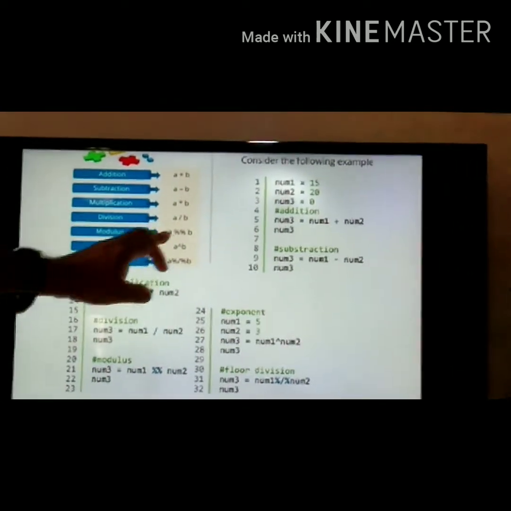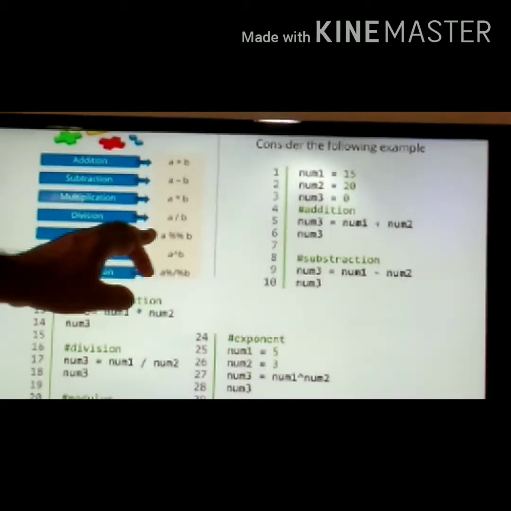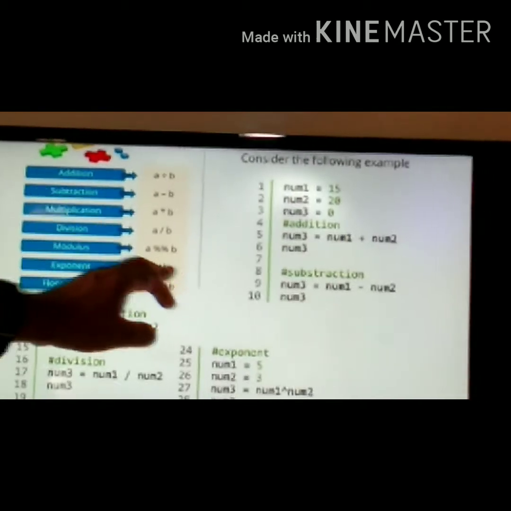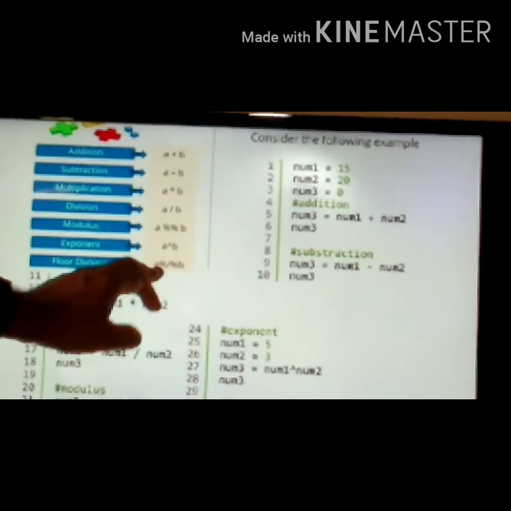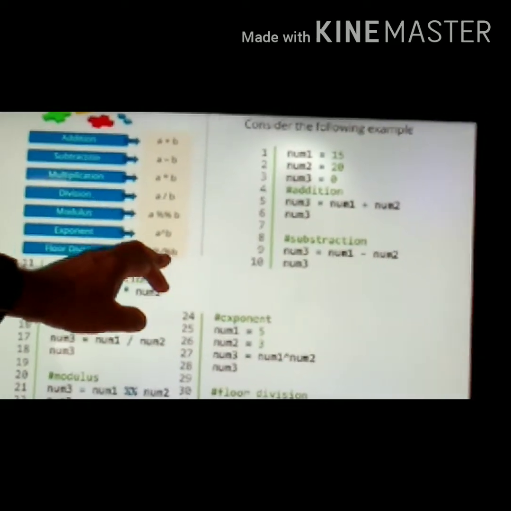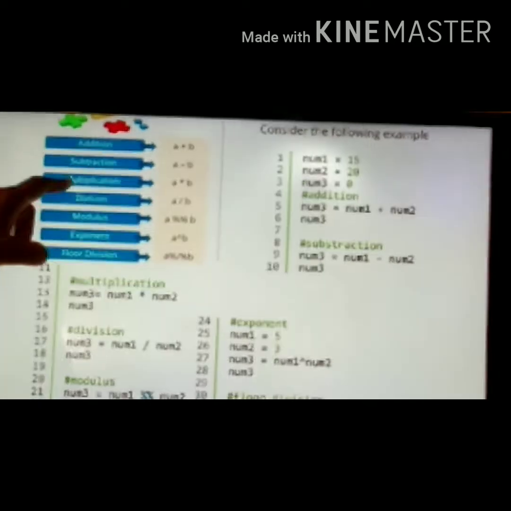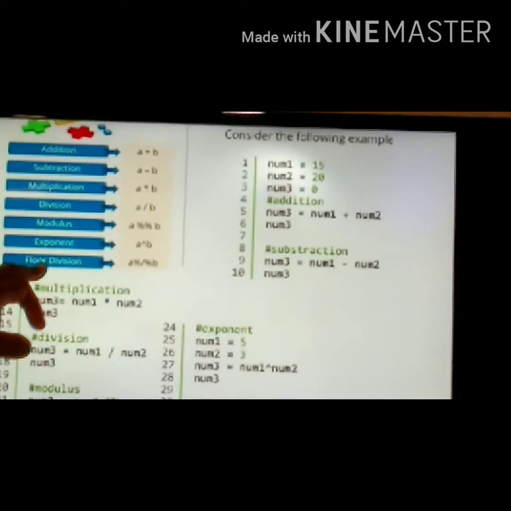This is the modulus: A %% B means A modulo division of B, and A ^ B means A to the power B. This is the floor division symbol: A %/% B. I think addition, subtraction, multiplication and division everybody knows, so I will explain what modulo division and floor division are.